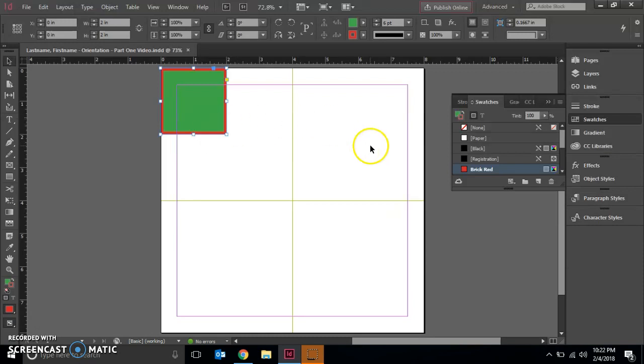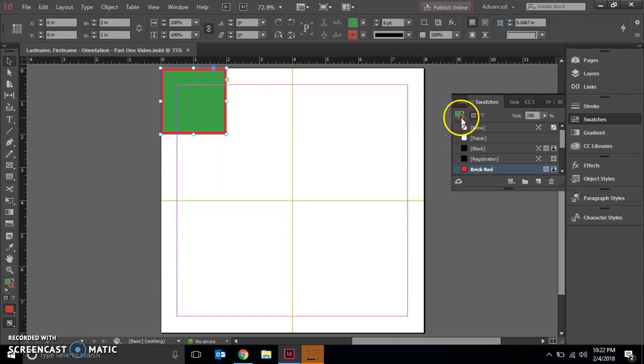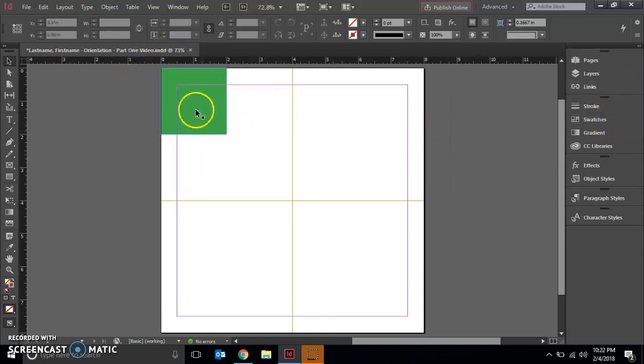The first step we are going to do is open up our swatches panel, and we're going to make sure that our fill is active, and that's the one that just looks like a border, and we're going to change our fill to none. Then we're going to deselect everything just to make sure that we only have a green square now. So now what we're going to do is we are going to use the step and repeat command